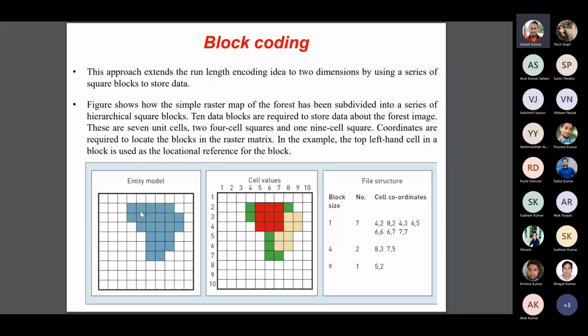उसके बाद में फाइनली फाइल स्ट्रक्चर को देखिए, ब्लॉक साइज 1, 4, 9, 1x1 पे 1, 2x2 पे 4 और 3x3 पे 9। कितने बने हैं आपको काउंट करना पड़ेगा। जैसे ग्रीन वाला काउंट करिए, 1 2 3 4 5 6 7, तो 7 है। अगला है सेल कोऑर्डिनेट, हर एक सेल का आपको कोऑर्डिनेट वैल्यू लिखना पड़ेगा।